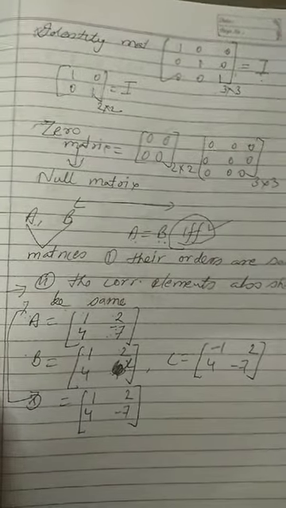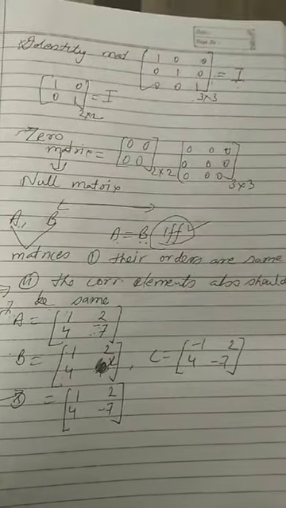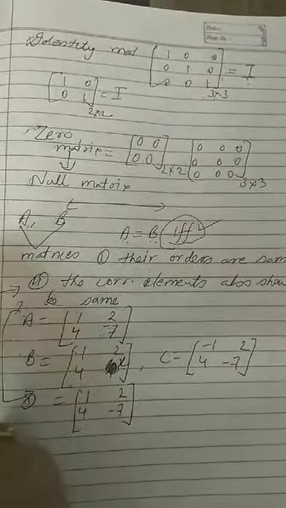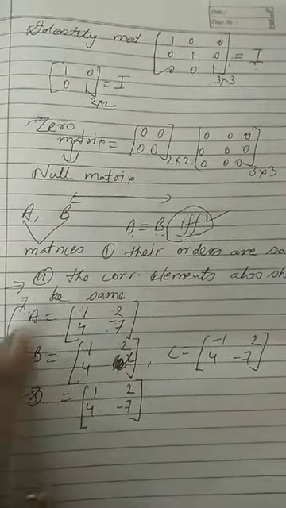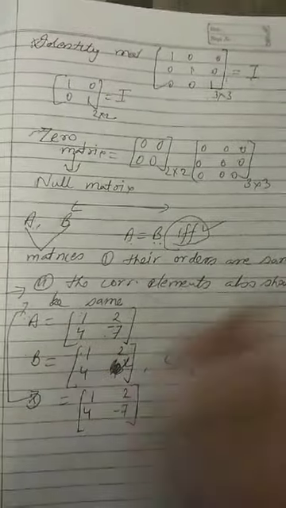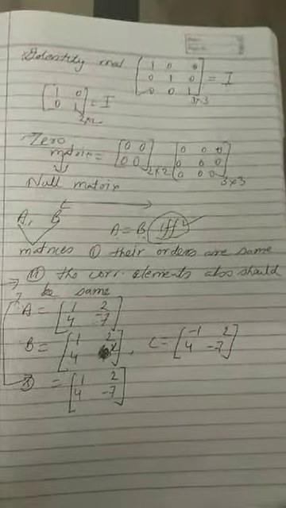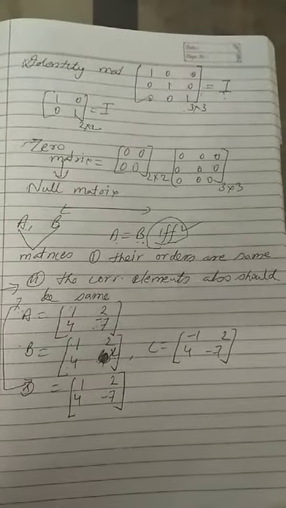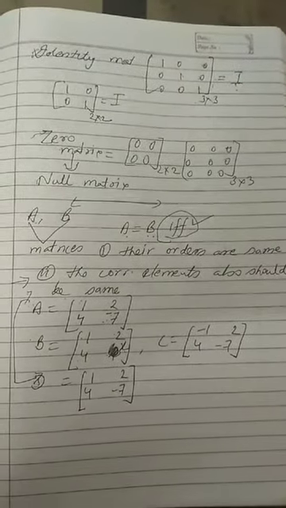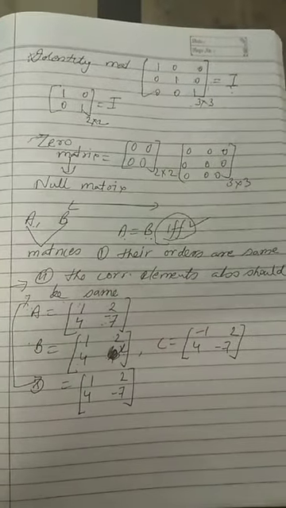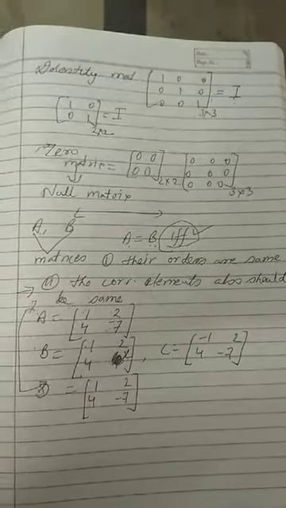Clear? So this is all about the different types of matrices and when matrices are equal. We have these two conditions, based upon which we can do the sums, right? I hope now you can complete your exercise 3.1, the third chapter, and the next exercise we will discuss in the next video. Okay.